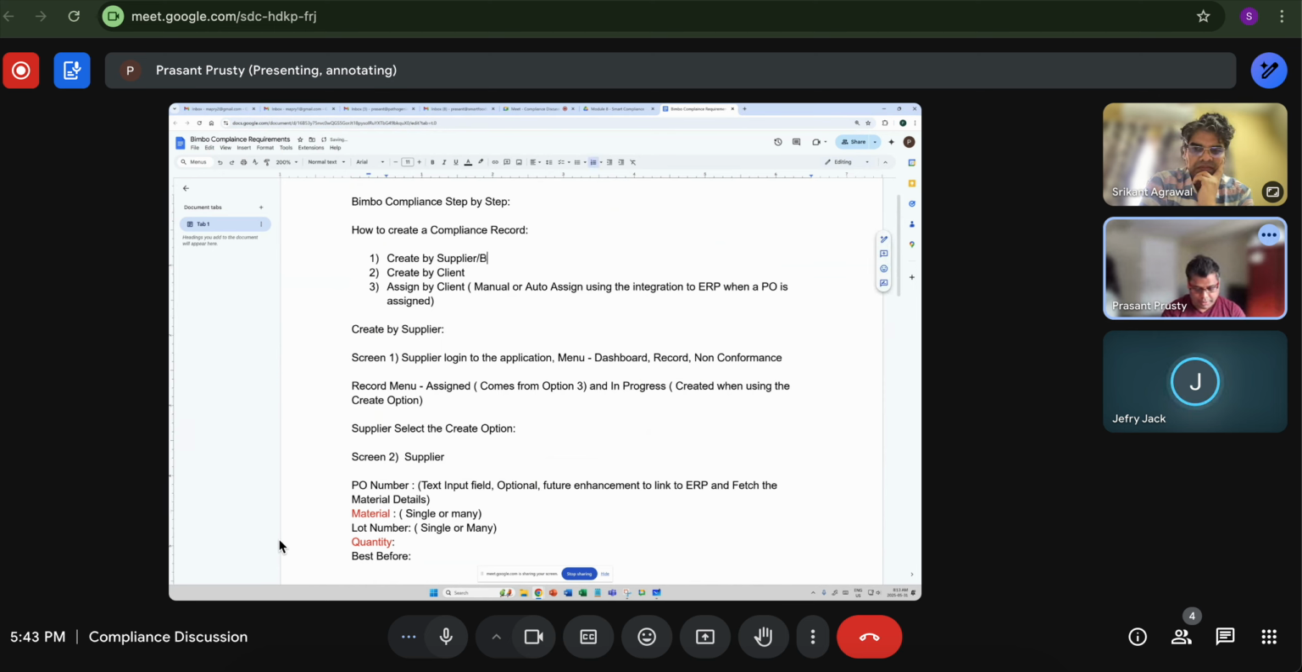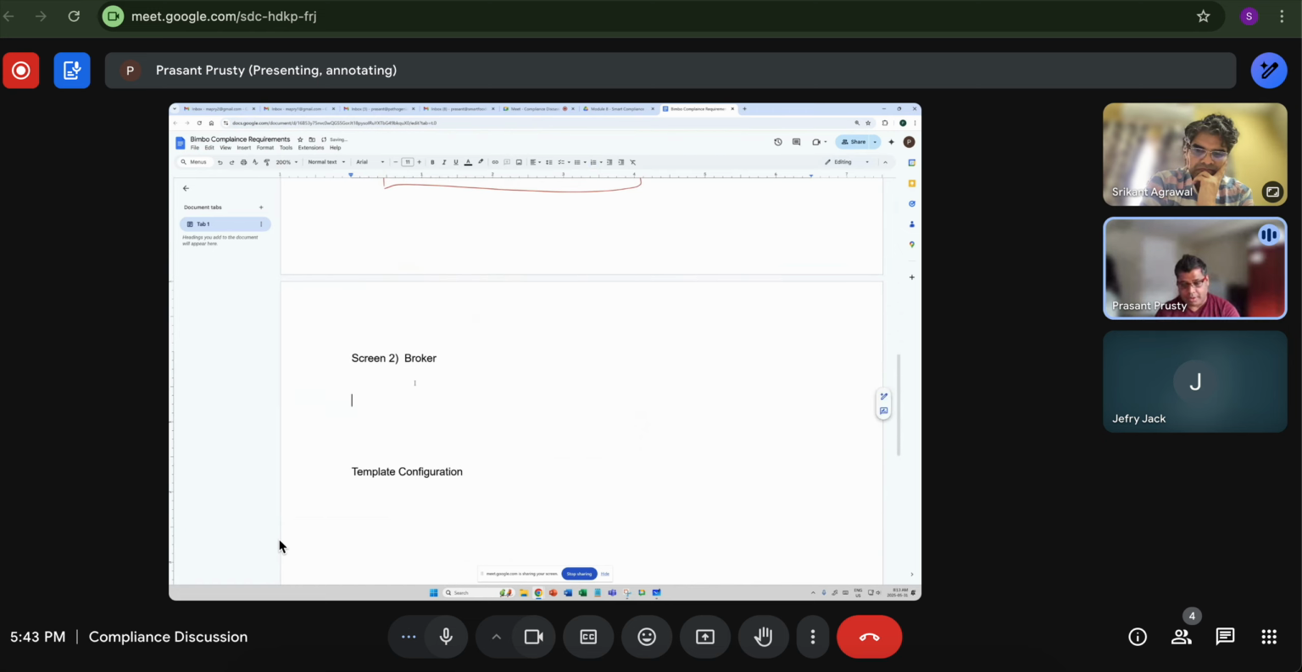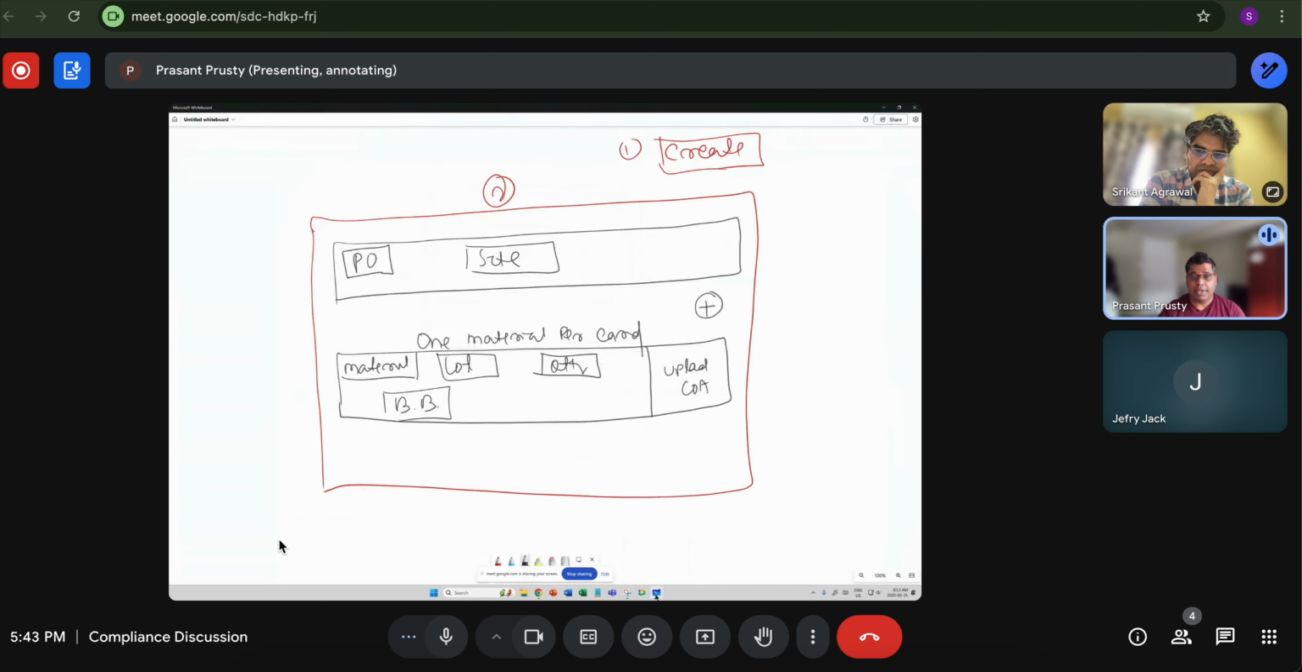Right. But Prashant, can you keep it as second point? Okay, keep it like that. Agree. Same. Now when the broker creates a record, what extra information will he see, broker, Jeffrey? He will see here which are the suppliers. Yes. So what I'll do is